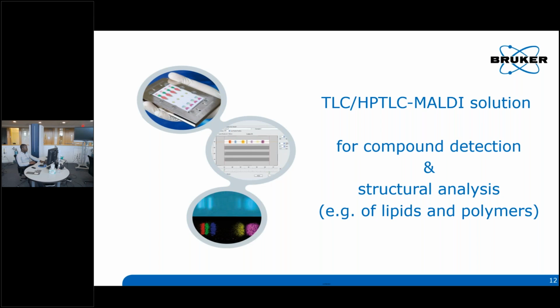However, this has a lot of drawbacks. One being that it's time consuming, for example. So after you separate all your components using chromatography, you have to analyze them with a different technique, such as NMR or another technique, to be able to figure out what those components are. And another thing is that they basically use a lot of resources, such as your columns, solvents. Over time, this all adds up to